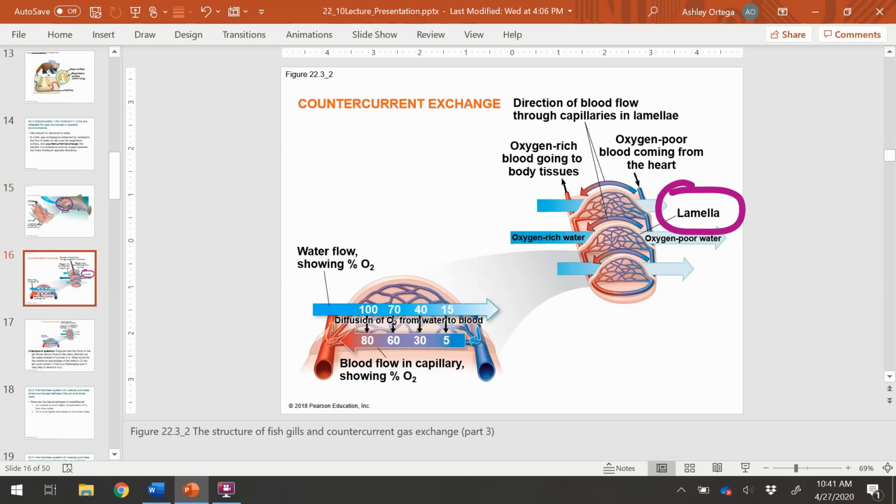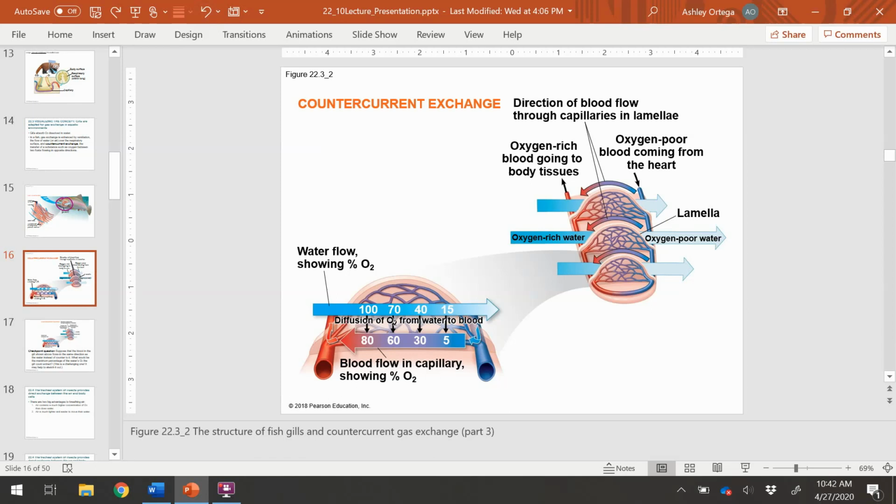And so here we can see, in terms of directional flow, the oxygen rich water is flowing in this case from left to right, but the blood flow from the body is going from right to left. So they're flowing in opposite directions, these two fluids, and so that's essentially countercurrent exchange. They're flowing in opposite directions. And in this case, the function is to exchange gases with the environment. Because they're opposite directions, it is countercurrent exchange.